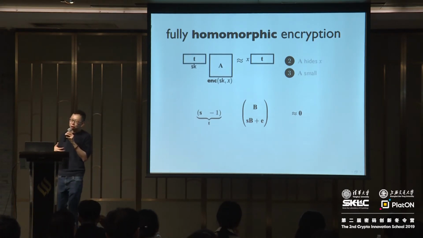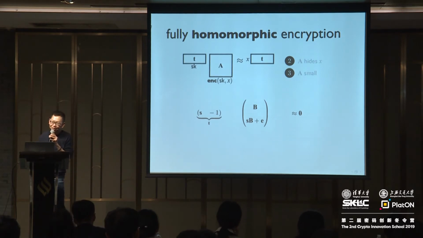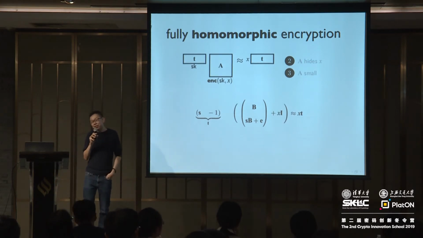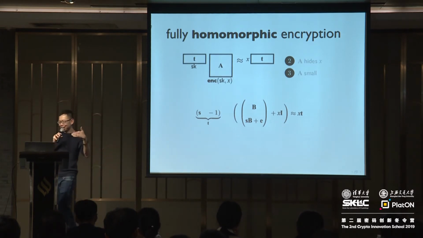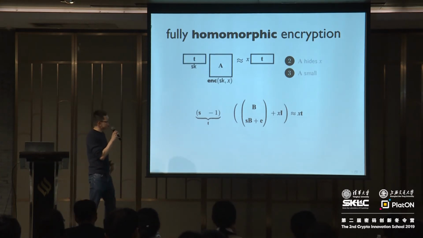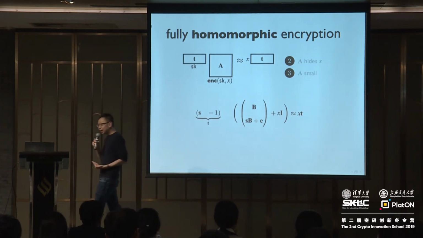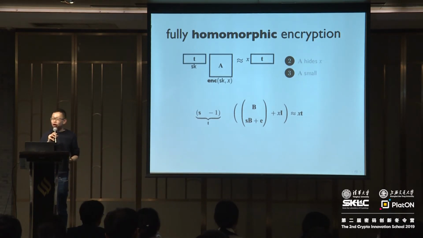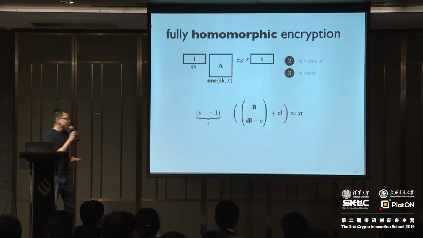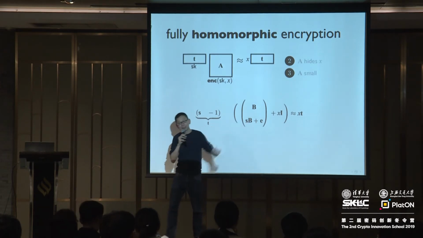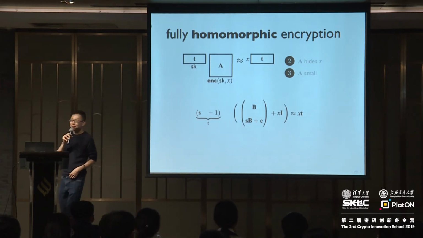So now you have something with the property that T times it is close to 0, whereas what we want is T times it to be close to X times T. It turns out this is easy to fix. If you simply add X times the identity matrix, so for now think of B as just slightly wider so that adding the identity matrix makes sense dimensionally, then this expression, which you think of as your A, has exactly the property that T times A is close to X times T. Because T times the first component here is small, and T times the second component is X times T, and by linearity you get X times T.